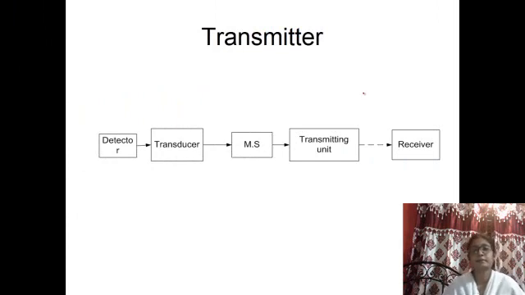Base class is for transmitter. For the process control loop, the basic units are: the process variable is to be measured by a measuring instrument, and then the measured signal is to be transmitted to the controller or comparator, where the set value or the desired value is compared with the measured value. Rather, the measured value is compared with the desired signal, and if there exists any deviation, then the controller will